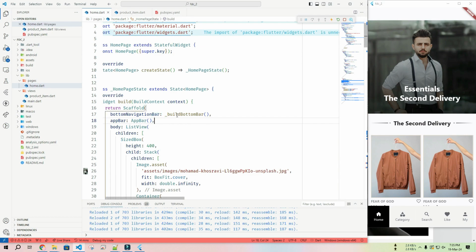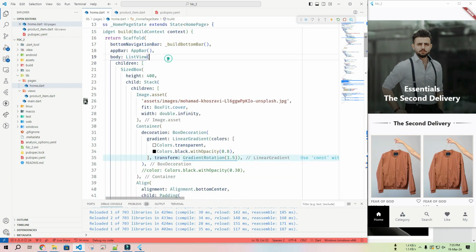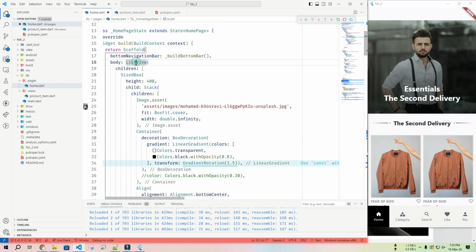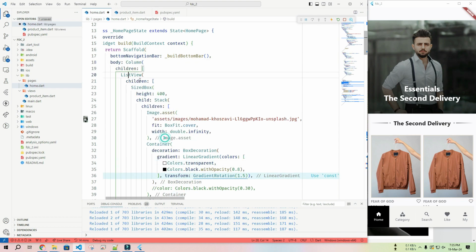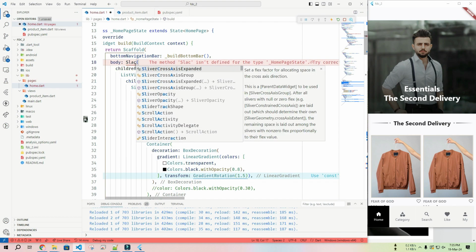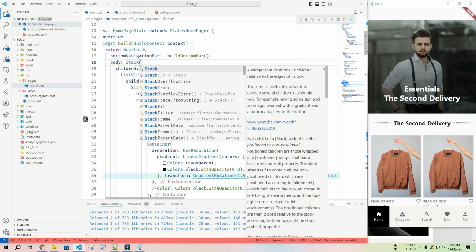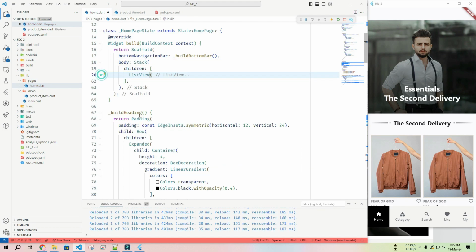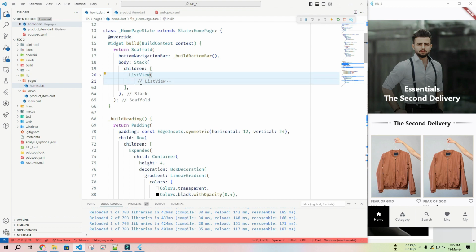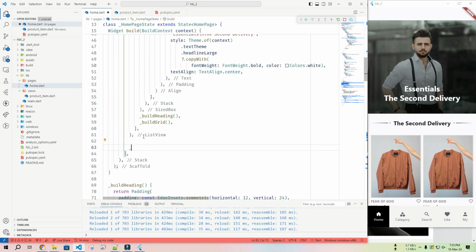So I want to show that app bar over the image, and I have to use that app bar within our main list in our body. So I'm going to remove app bar from here, and I'm going to wrap this list view in stack so that I can show app bar over the list view. So I'm going to wrap this with column, and I'll change that column to stack. And after the list view, I'm going to show my app bar here. So I'm going to create another function which is build app bar, and I'll create that function here,